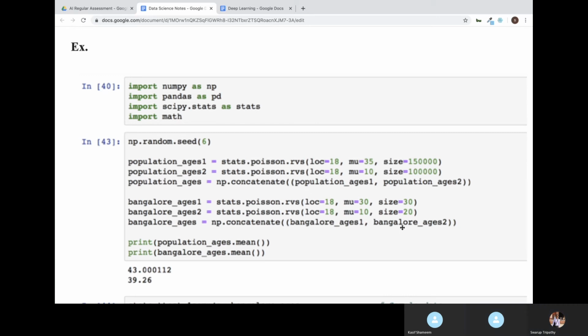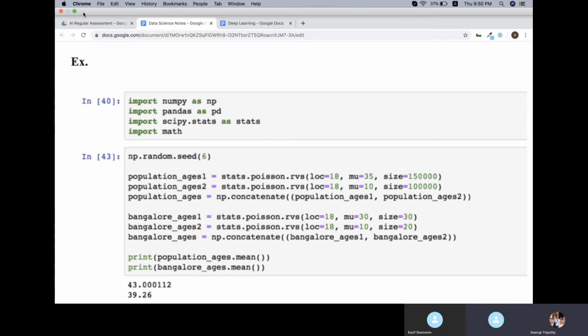Okay, can you share the screen? Yeah, sure.